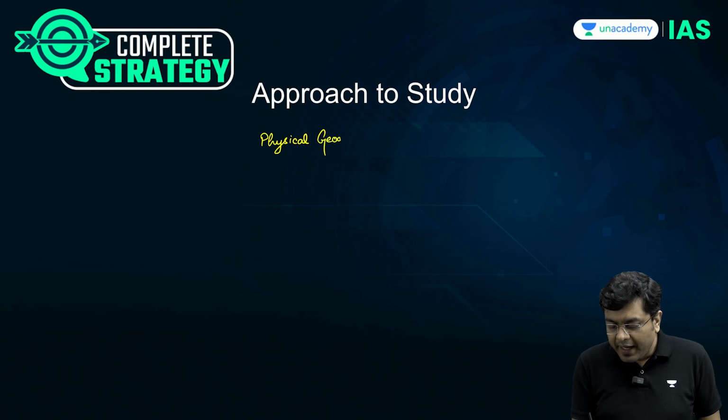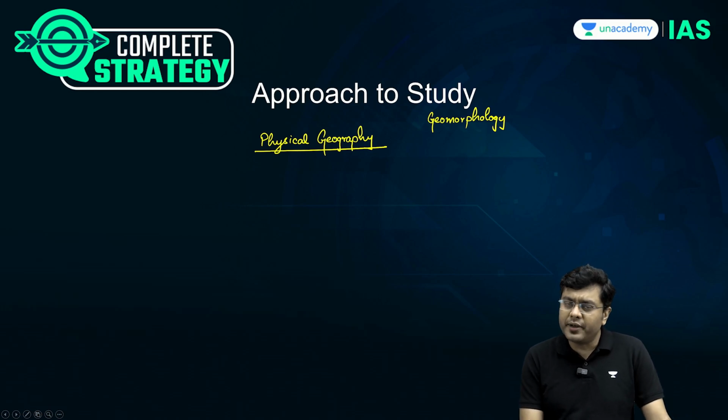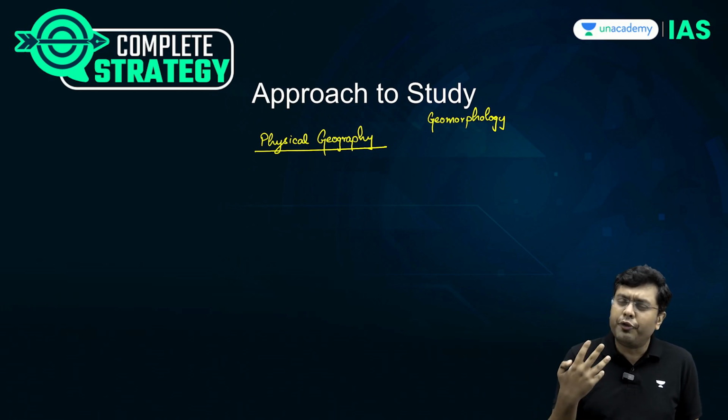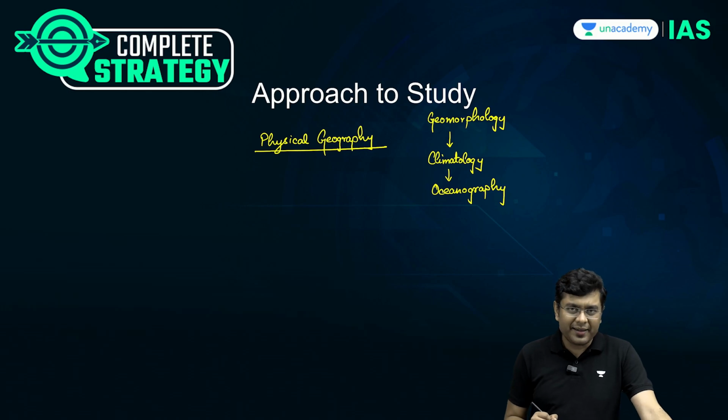And here also, ideally, if possible and as much as possible, you should follow the chronology of starting with geomorphology, because in geomorphology you start from the very basics of the formation of Earth, accretion theory for the formation of Earth. Then the interior of the Earth follows, then the formation of the landform follows. Now landform in a region influences the climate of the region, so that has to be followed by climatology, and then eventually oceanography. So that should be the chronology of approach in these three areas.